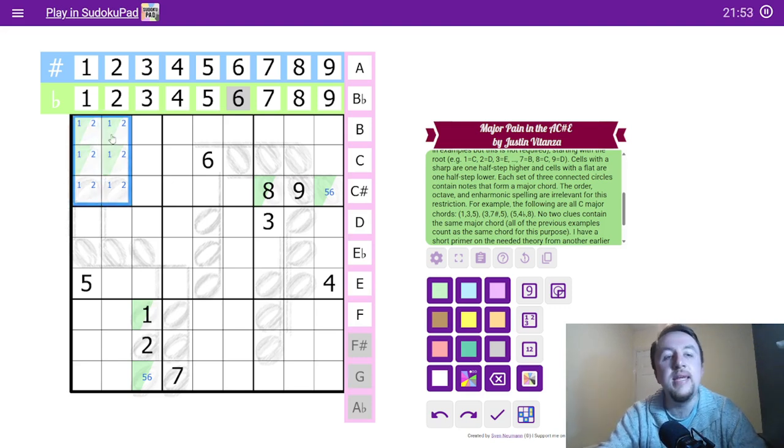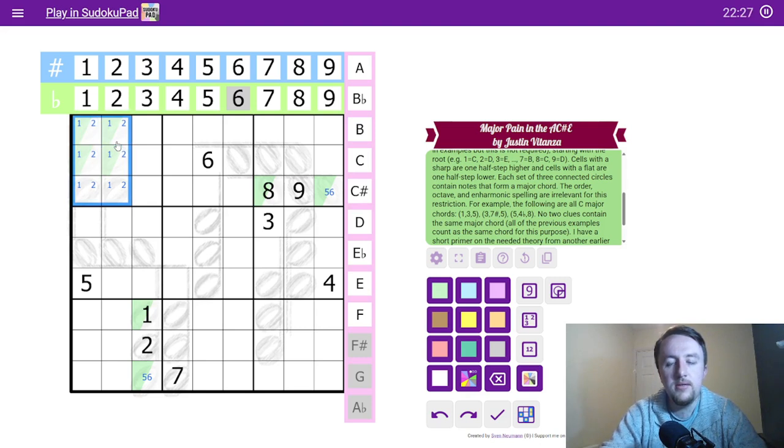Can 1 and 8 go on the same triad? Because 1 and 8 both represent a C. They're an octave apart, but that doesn't matter for the sake of forming a major triad. They're both C. Even if we flattened one and sharpened the other, we're not going to have two notes that are far enough apart that they can be part of a major triad. So 1 and 8 do not go on the same thing, but I think 2 and 8 also can't go on the same triad,